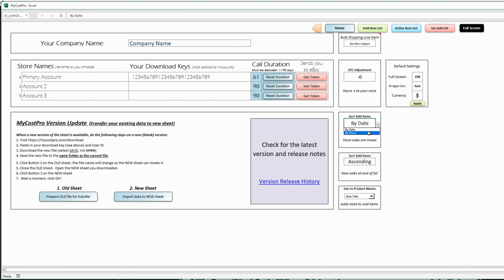Okay, then you have your sorting method. Either you can group by store or just sort by date for your sold items. So if you have 3 different stores and you want them to be mixed together, you can do by date, or if you want them to be separate, you can do by store. You can sort by ascending or descending, so your new sales will be at the top of the sheet or the bottom of the sheet. And then the way that you want to join the product master information to the sold list, so that's where you put in your cost of goods and maybe inventory source and that kind of information